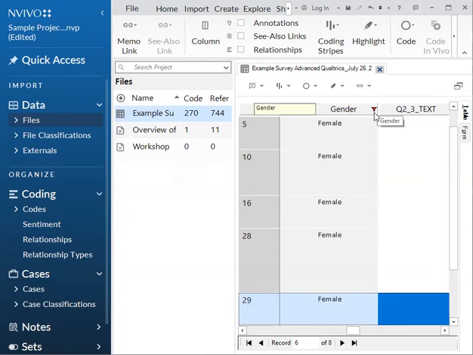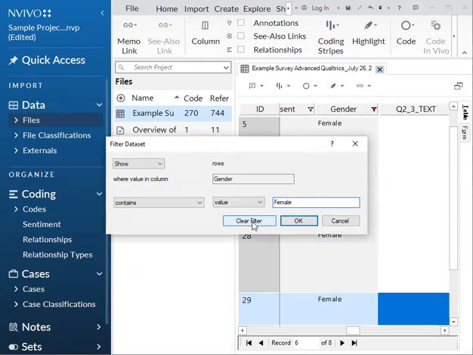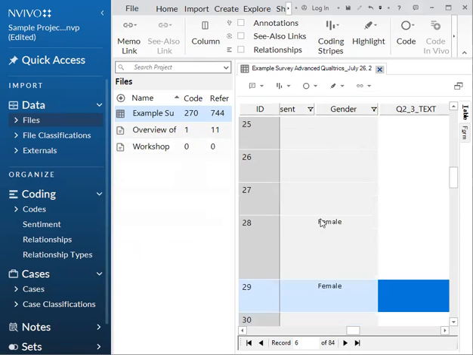So if it's filtered, you'll see that the column has the filter symbol in the right-hand corner in red. If it's not filtered, then it will be clear. If you want to unfilter it, you would just hit it again and just hit clear filter here.